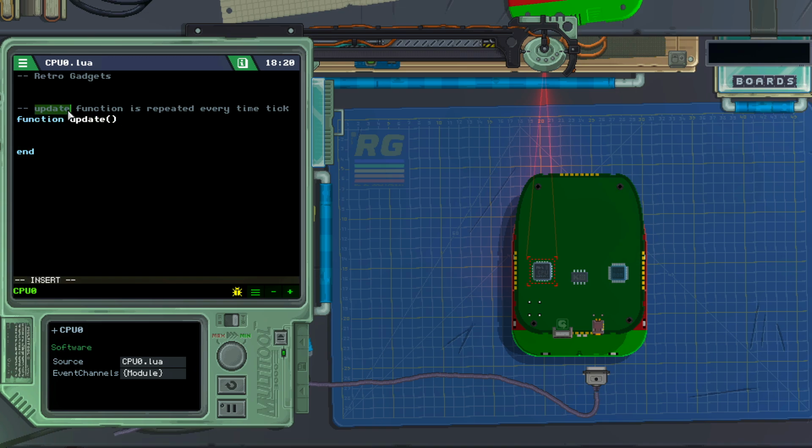This function, this is written here. Update function is repeated every time tick. A time tick is something like 10 milliseconds, 20 milliseconds, for example. Okay, for those who know KSP, Kerbal Space Program, if you use KOS, a tick is 20 milliseconds. Okay, so 0.02 seconds. But here in this gadget, Lua, the time tick for Retro Gadgets